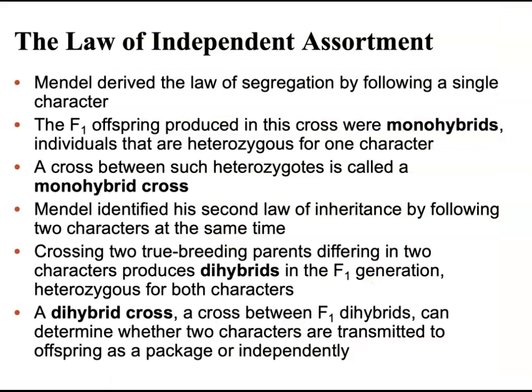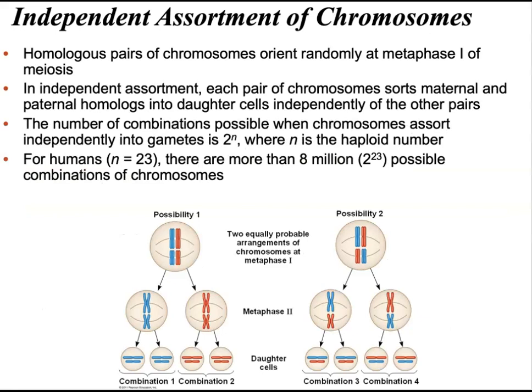You learned about independent assortment in Chapter 13 while discussing meiosis. The law of independent assortment states that each pair of alleles segregates independently of each other pair of alleles during gamete formation. Strictly speaking, this law applies only to genes on different non-homologous chromosomes or those far apart on the